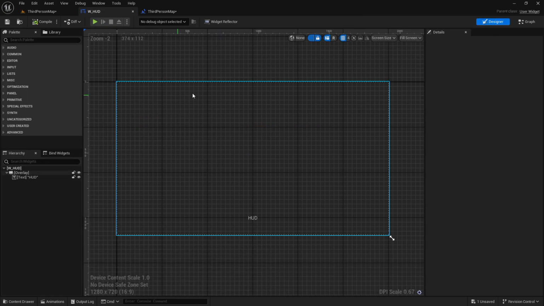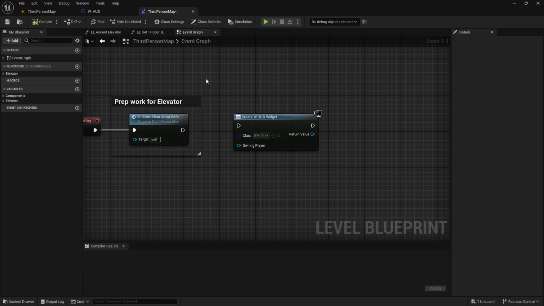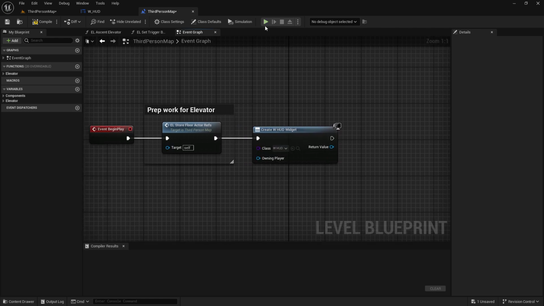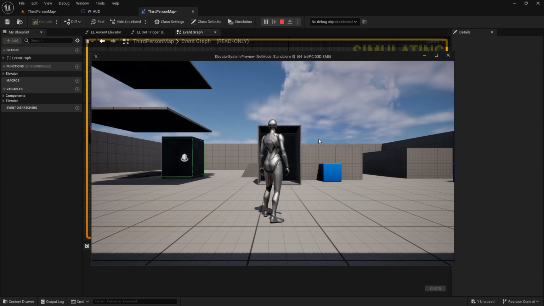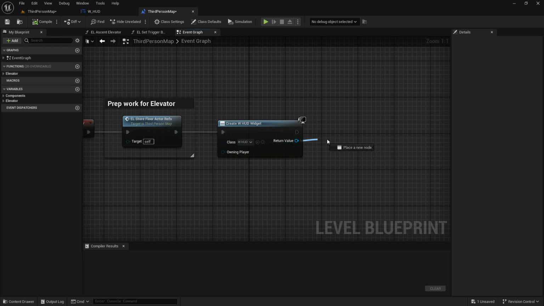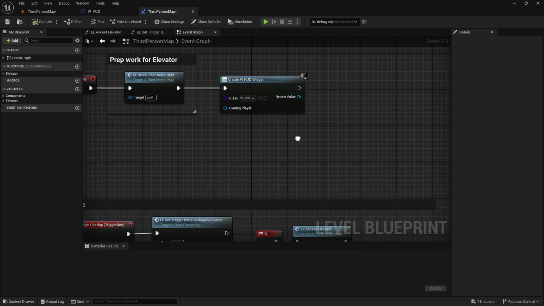So it is the UI that we have created. We need to add this into our screen. If I connect that here and play, nothing happens, because this is just creating a reference of the heads up display or the UI that we want to show. This is the reference we get,